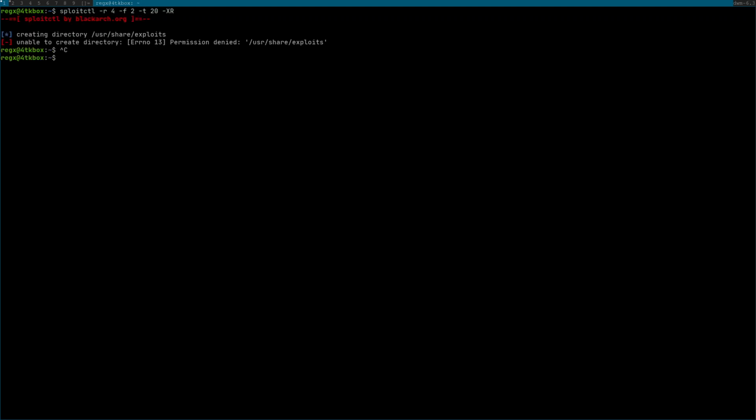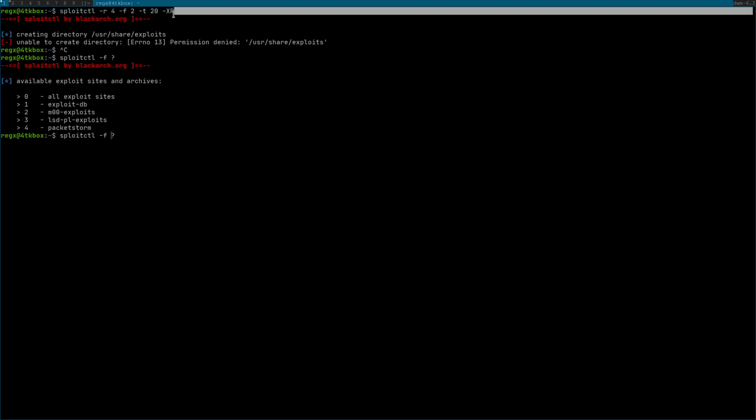So wait. Okay, unable to create. You will have to run this with root privileges, as that's why I stopped it. And before that, I also wanted to see whether I'm actually taking it from exploit-db or somewhere else. Exploit-db is 1. I was taking it from 2. So let's just again copy this command